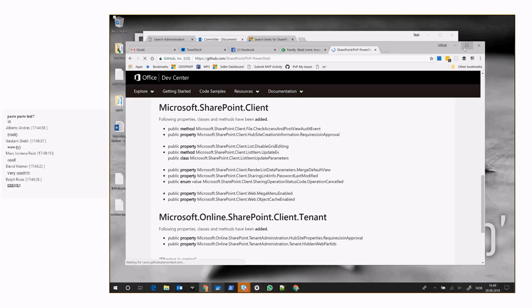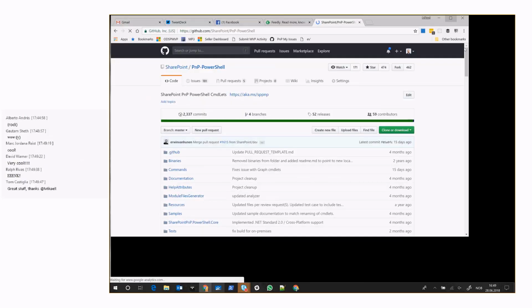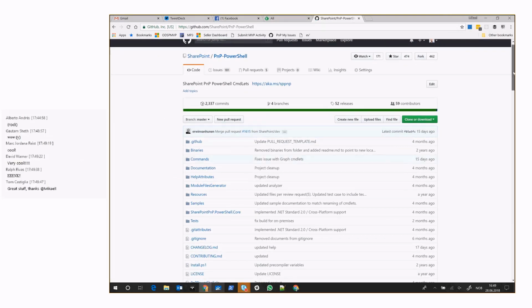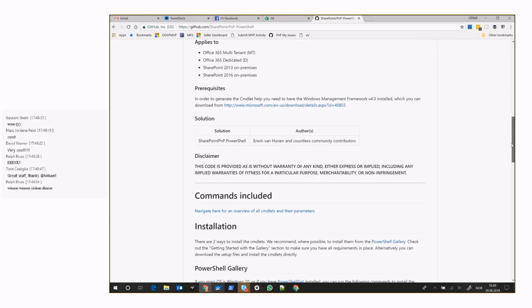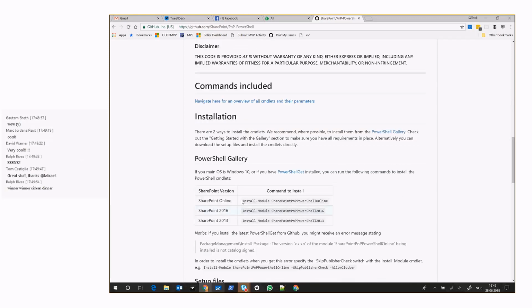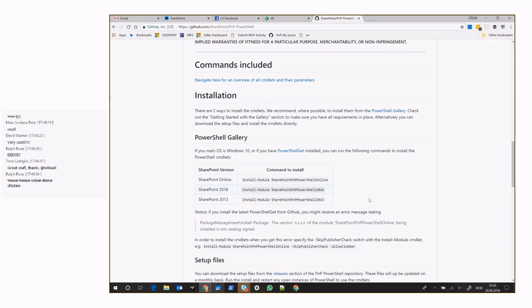So this is the actual source code for the PnP PowerShell. If you go down here, we have installation, and here it tells you: SharePoint Online, Install-Module SharePointPnPPowerShellOnline. And when there's a new version, you can just run this, and it will overwrite with the latest versions. And then the other one which I wanted to make sure that we actually cover as well,